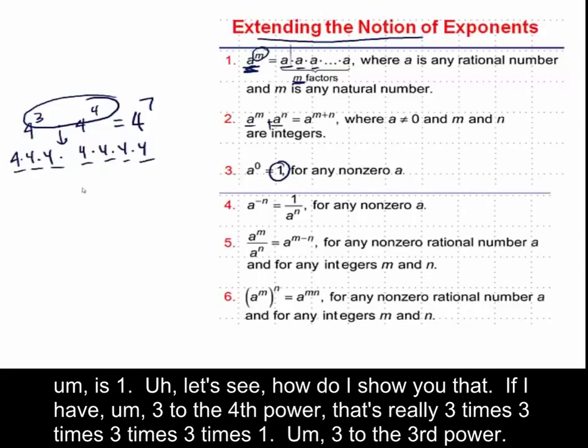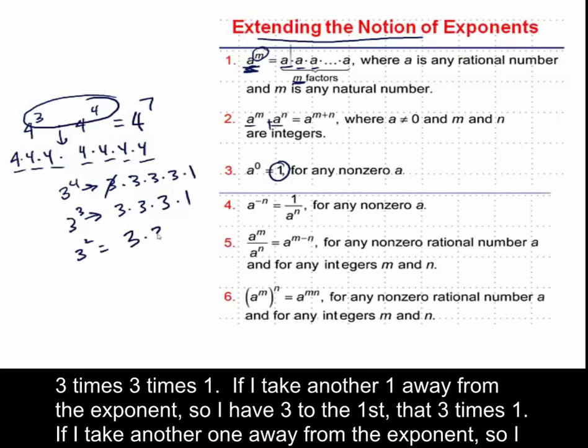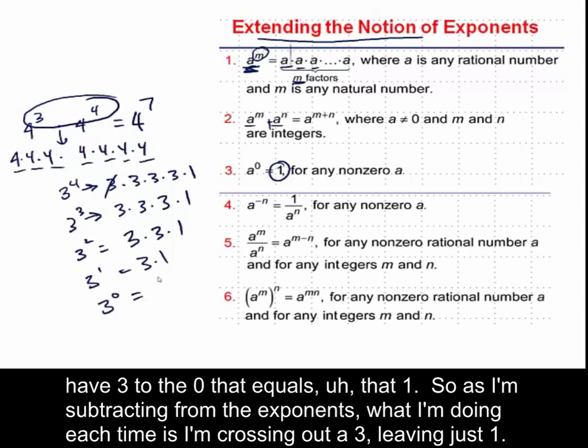Let's see, how do I show you that? If I have 3 to the fourth power, that's really 3 times 3 times 3 times 3 times 1. 3 to the third power, I'm undoing that, and that is 3 times 3 times 3 times 1. If I take another one away from the exponent, so I have 3 squared, that means I have 3 times 3 times 1. If I take another one away from the exponent, so I have 3 to the first, that's 3 times 1. If I take another one away from the exponent, so I have 3 to the 0, that